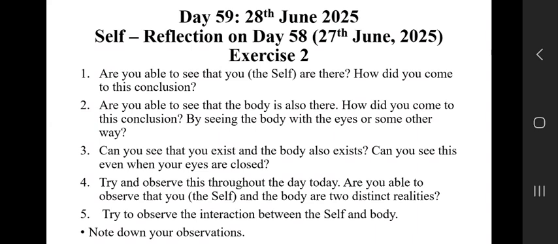But so far as the self is concerned, we are not able to see it directly because it is more subtle, and we are not able to see it with the gross sense organs of the body. So, therefore, there is an issue. But when we see directly, when we are able to see the thoughts going on, then you know that you are there. We will discuss that in this step only: how we come to know that I am there and the body is also there. We'll discuss that in a moment.